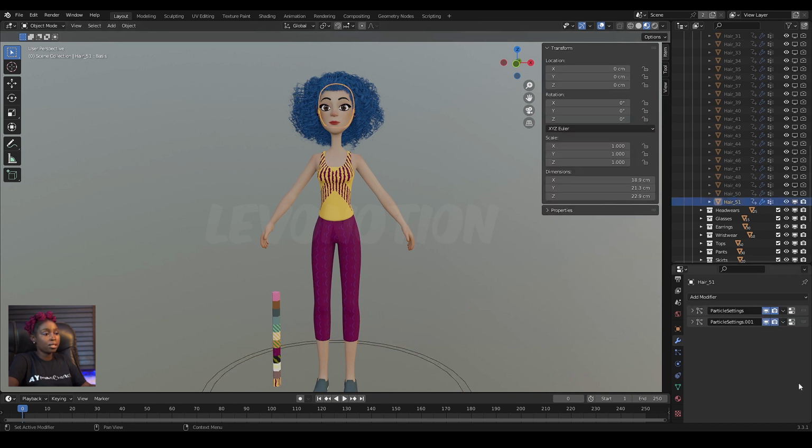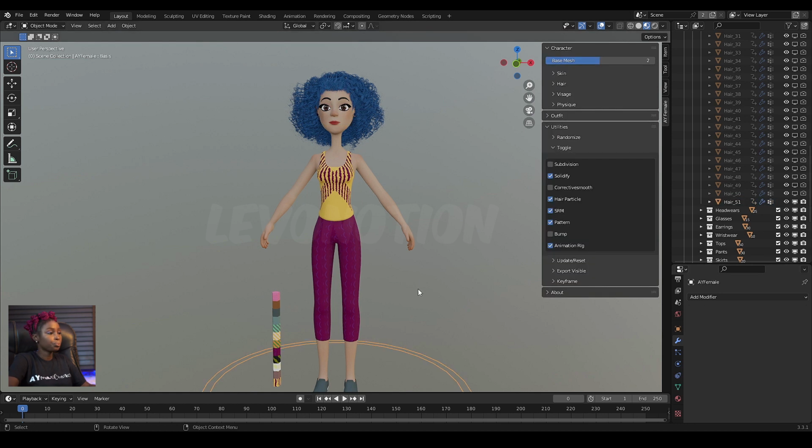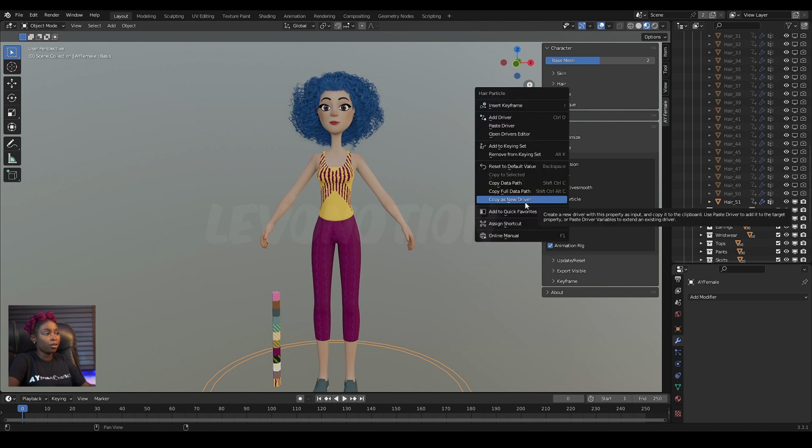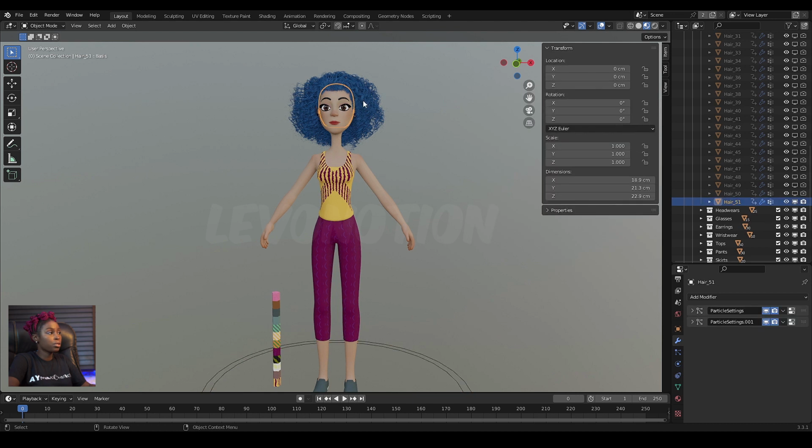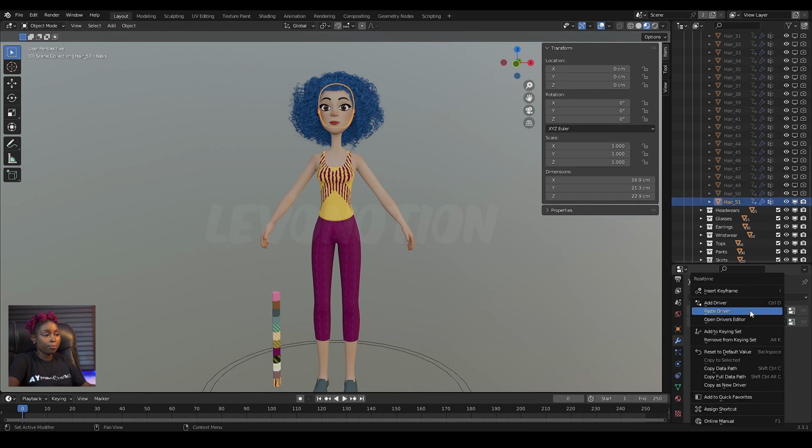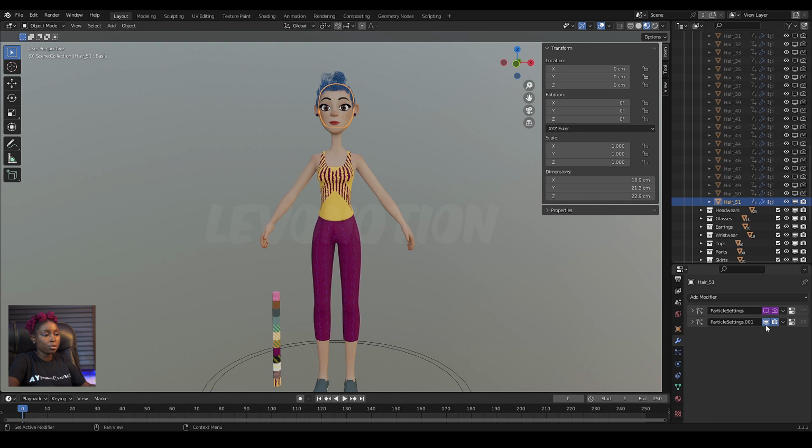So I'm going to select this. I have two particle air systems driving this style. So I can just come to air particle, right click, copy as new driver. So when I copy this, I'll go to the air, right click, paste, right click, paste. So I'm going to paste it.